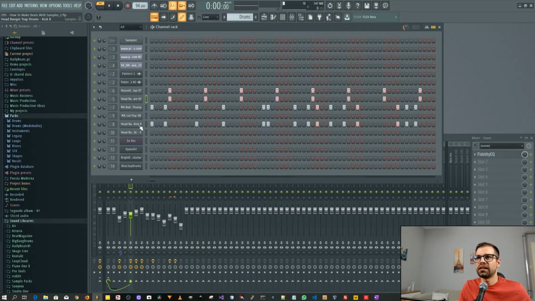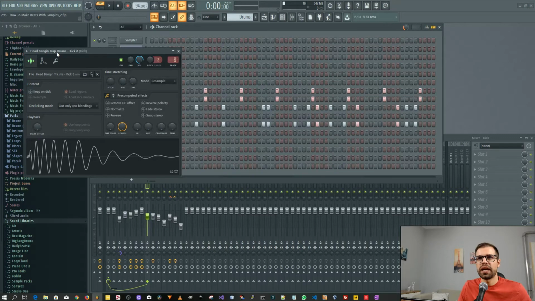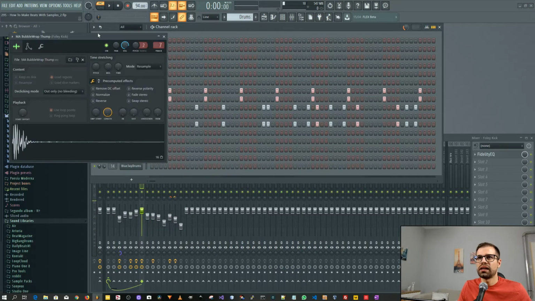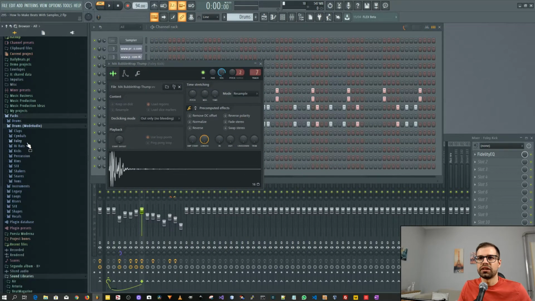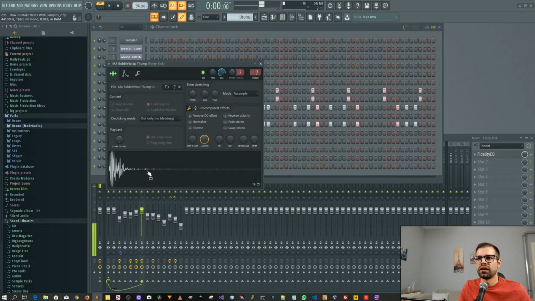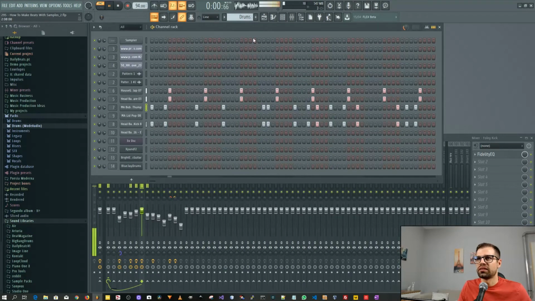And then I had the kick. The kick again is from Bangin Trap Drums. It's a very simple kick, and I also added this. I think this is from the Foley pack, which is kind of a high pitch kick, and together they sound quite nice. And of course, here the swing, to bring a little bit more swing to the beat,